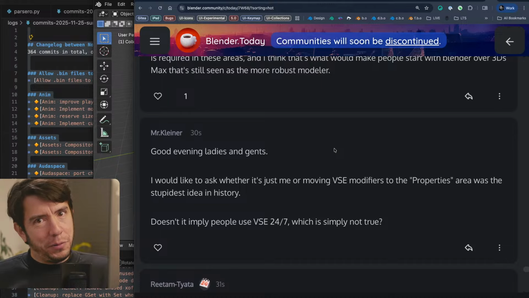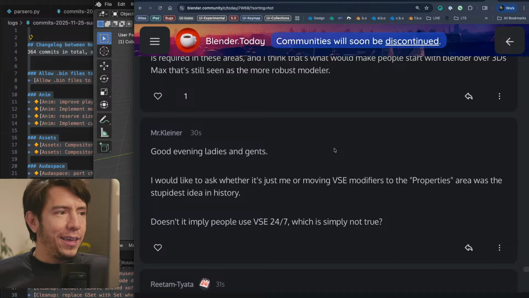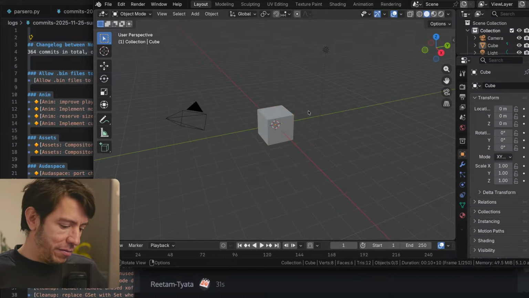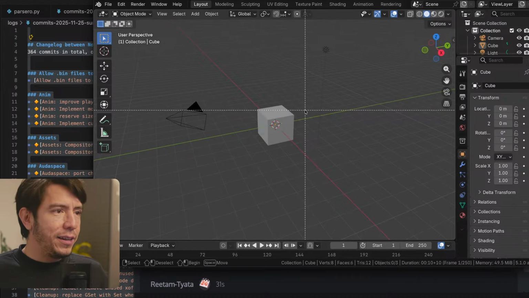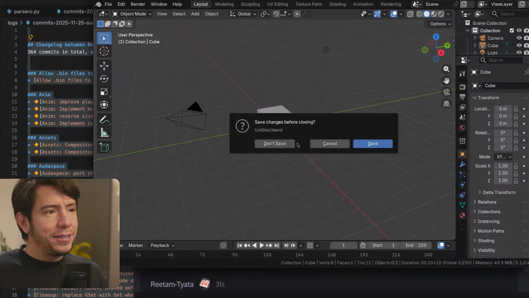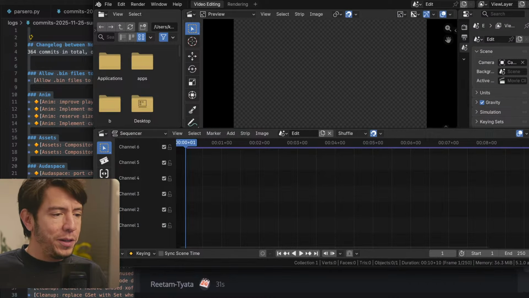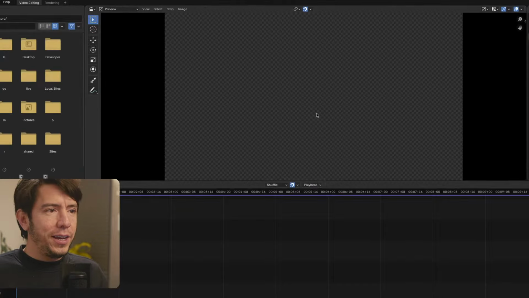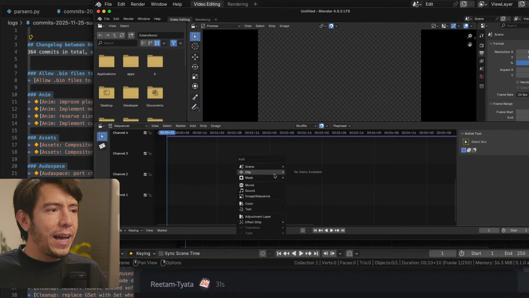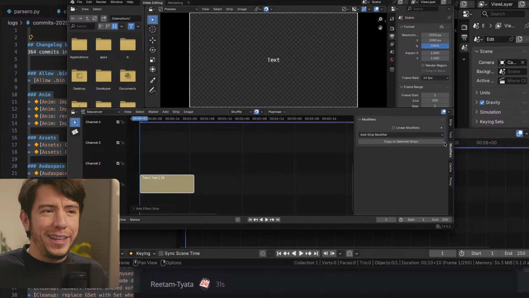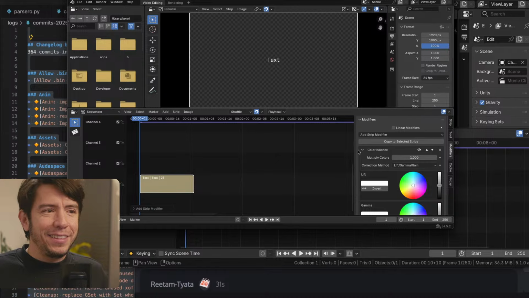I would say there are a bit more stupid ideas, but moving it to the modifiers, well, you could argue the other way around, right? Having the modifiers in a non-modifier UI is also stupid, right? If you open Blender 4.5 and you make a video edit, how on earth would you know that the modifiers were in a tab, and they look weird.